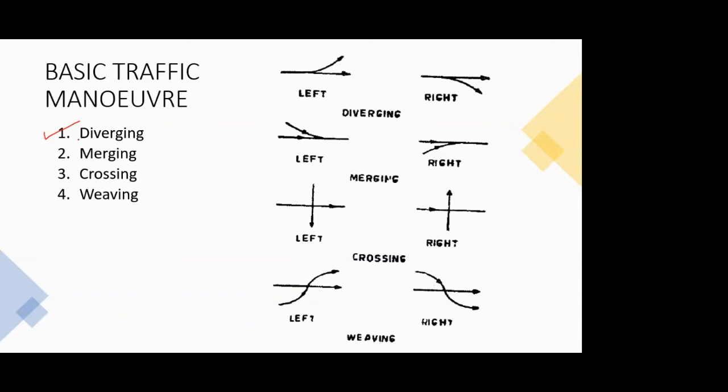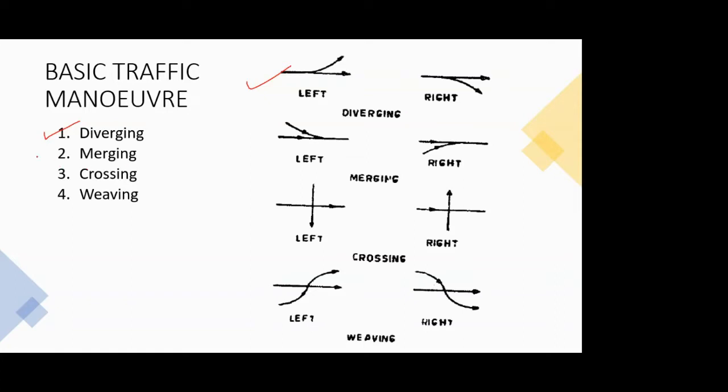So that is covered in this traffic maneuver. So first is the diverging maneuver. You can see the top figure on the right side. Both types of maneuvers are shown, the left and the right. Diverging is nothing but you are not actually taking a turn. It's not a complete 90-degree turn or a U-turn, but it's just a sort of branching kind of thing. So that is the diverging maneuver.